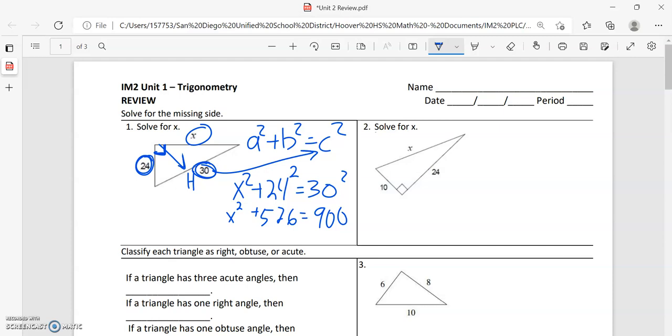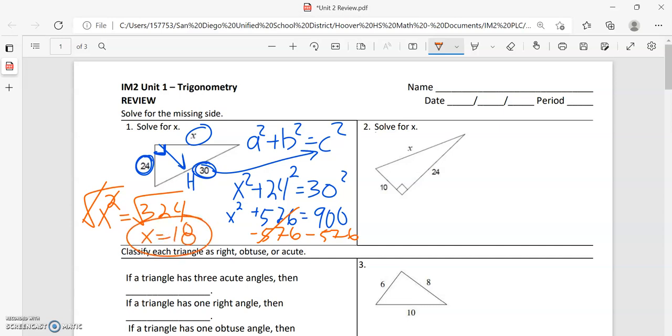Okay, and then we're going to subtract 576 from both sides. And 900 minus 576 gives us 324. So these cross off. X squared is by itself. What is left over on the right side is 324. Last step to get our x by itself is to square root both sides, and the square root of 324 is